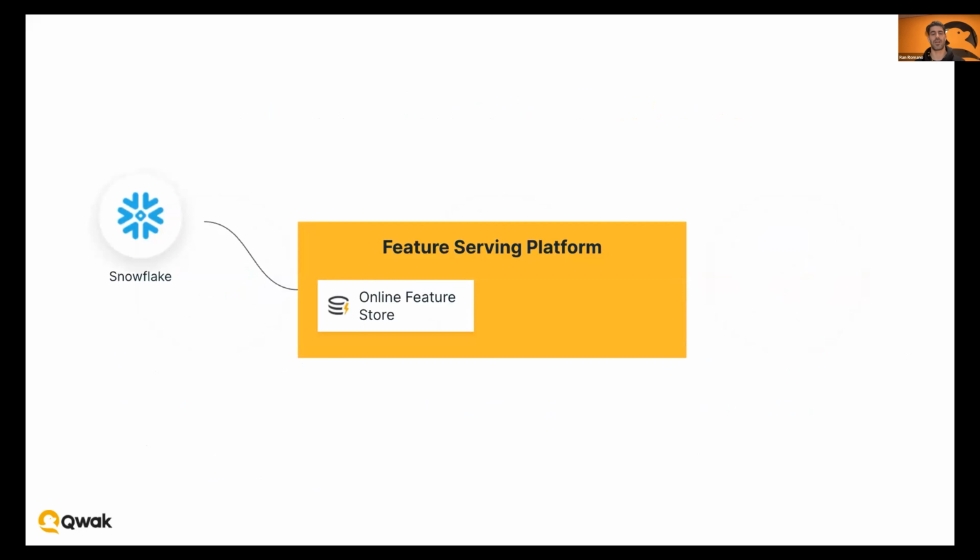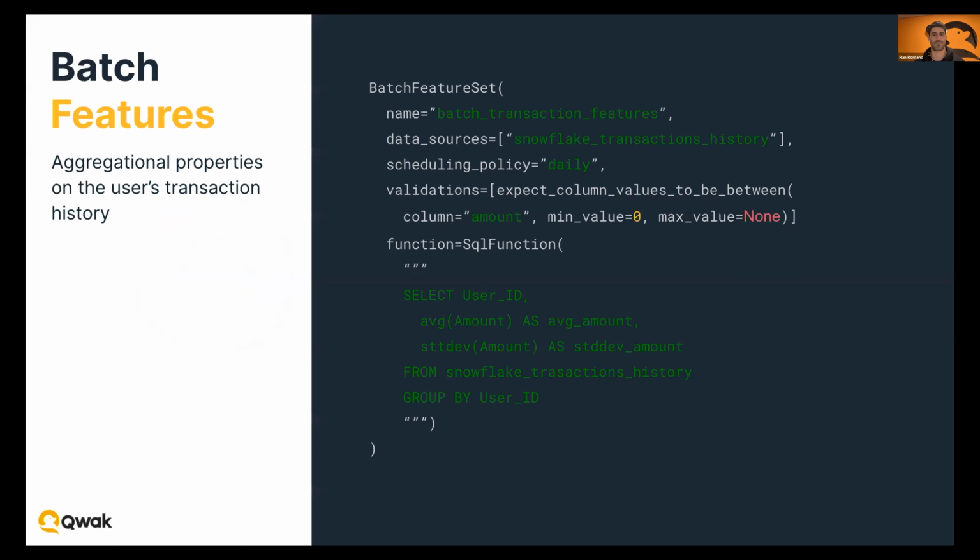Let's start with the definition of a batch feature set. So a feature, or actually a feature set, a family of features, has a name, right, which I can later look for in my features library. It has a data source, in our case, the transactions table from Snowflake, a scheduling policy, which sets the intervals between executions of the feature set transformation, the actual logic itself,